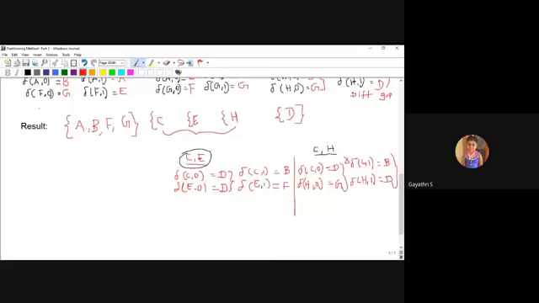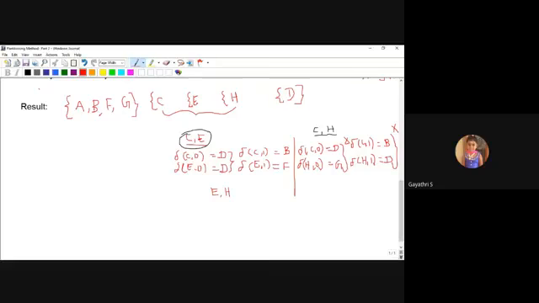And one more possibility, E with H. Can I merge E with H? Same thing on 0 and 1.